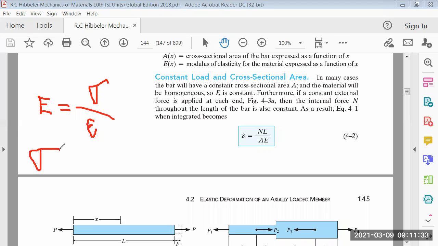So that means stress is equal to what? Modulus of elasticity, E, times strain, right? And if we apply this, stress is equal to normal